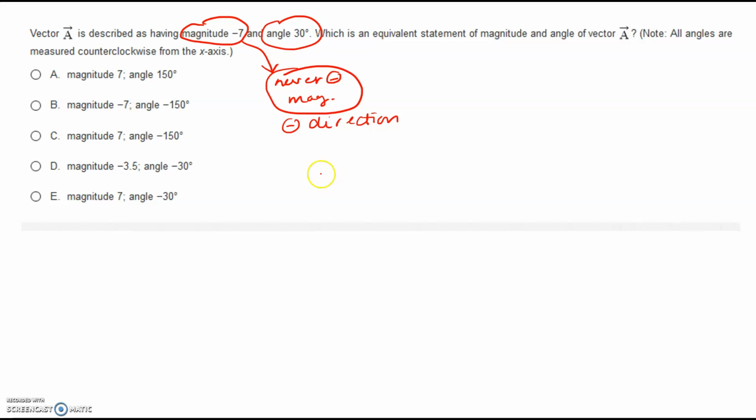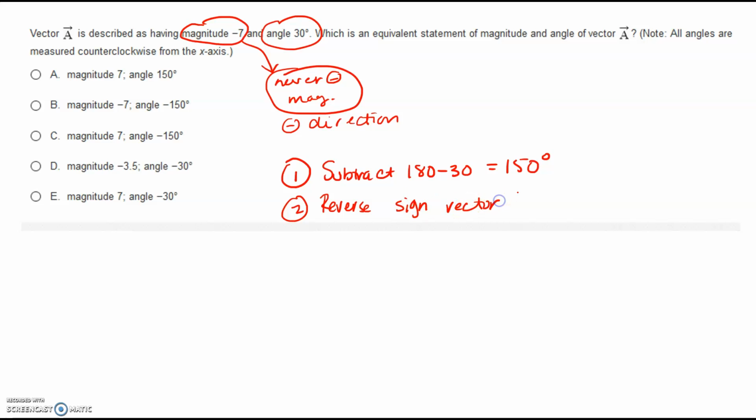So what we have to do is first subtract 180 minus 30 to get 150. Okay. And then we have to reverse the sign of the vector. So we'll have a +7. So this is going to go away, this one, and this one. And since we are coming from the